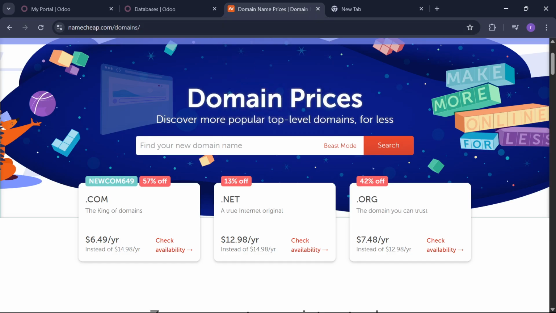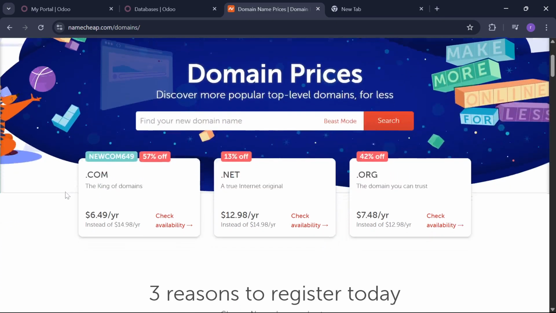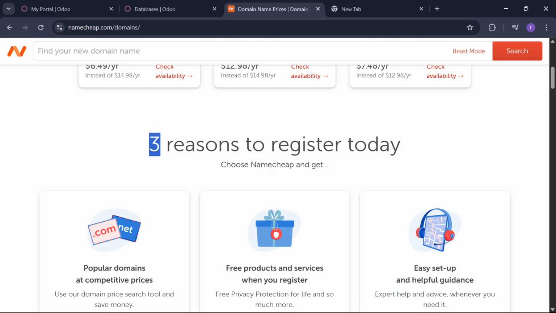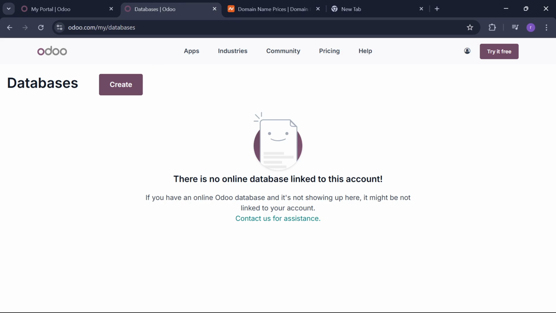First of all, let's assume that you have a custom domain on Namecheap. You just have to copy your domain from here, select copy, and then go to Odoo and paste your custom domain here on the database. You just have to click on go or create or connect option, and then you are good to go. You are now connected to Odoo